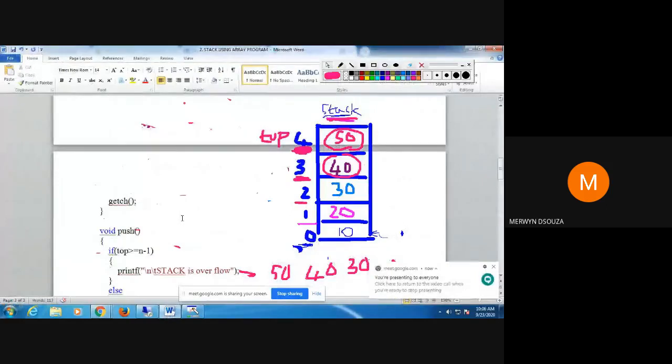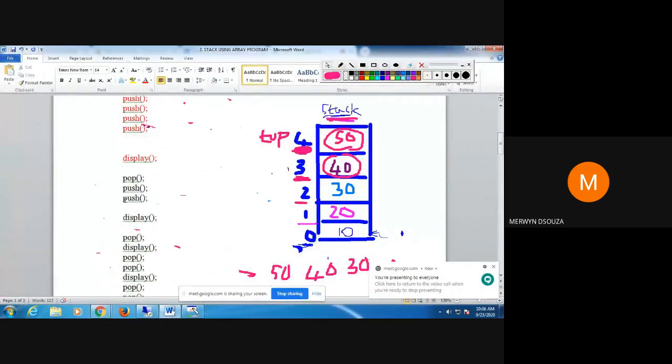So once we are done with the display, you go back to the main function. In the main function now we are doing pop. I call the pop function. Before we go to the pop function, which value should get deleted? The value present at the top, that is 50. This 50 should get deleted. And after 50 is deleted, top should come from 4 to 3. Top should be decremented. So first delete this value, then decrement top. That is what should happen in the pop function. We'll go to the pop function and see it.